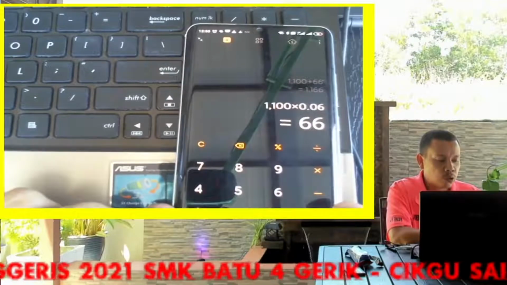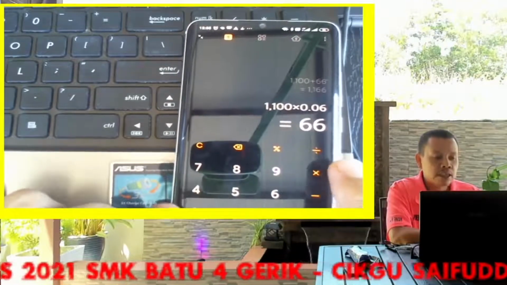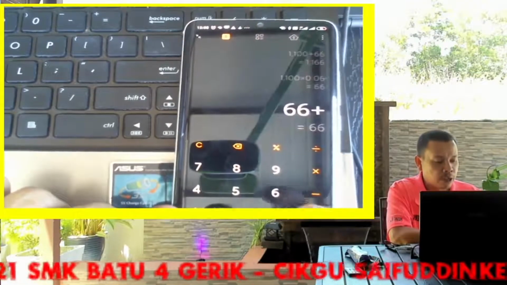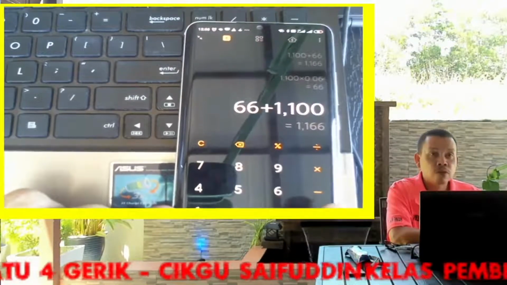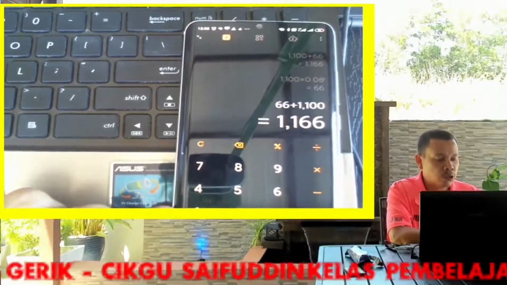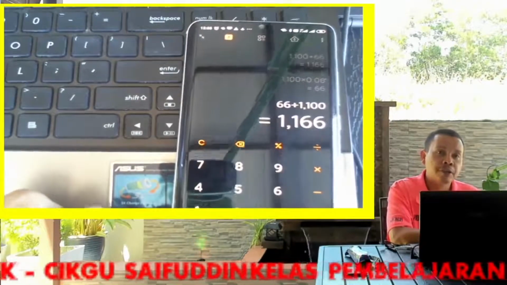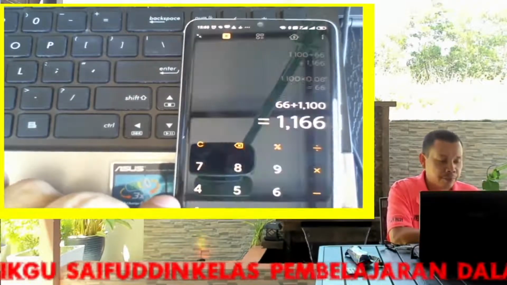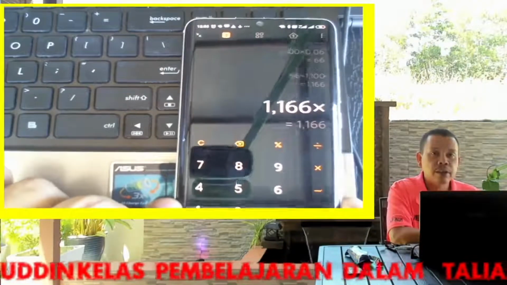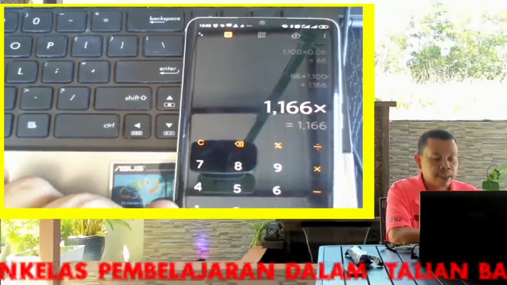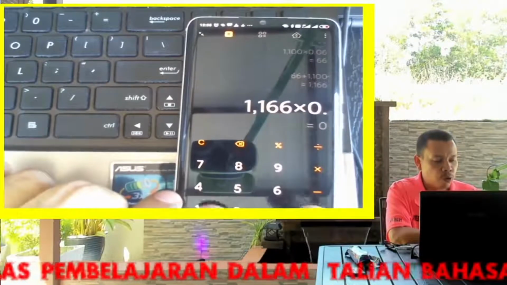So 66 ringgit plus 1,100 ringgit for the cost of the tablet equals 1,166 ringgit. Then we have to multiply it with the 10% discount, so 0.1,